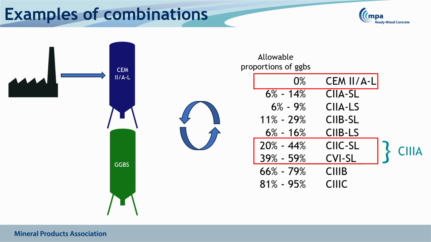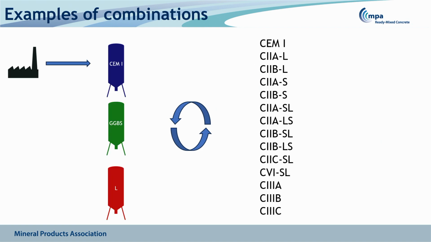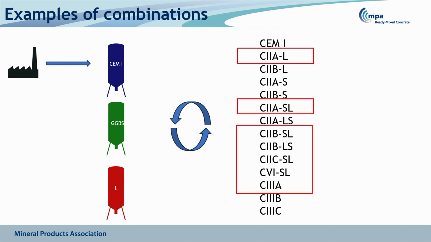Where it gets complicated is if you have three silos, because when we have three silos, we can produce this list of cements, depending on your proportion. Now, it would be likely that the ones that you would actually see within the market are those highlighted. But you can see why we need to understand cement nomenclature when we're producing potentially a